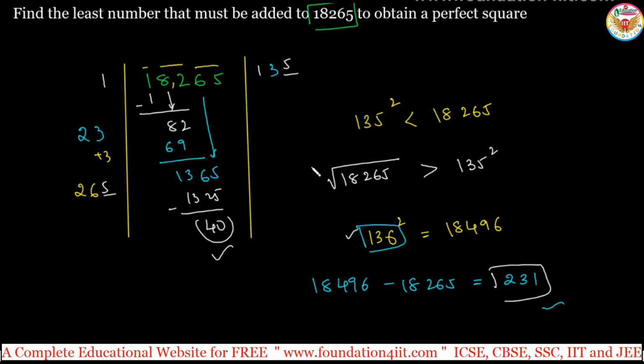Next we'll see the properties of square numbers. Before finding the square or square root, we can look at some properties. Let me explain the 9 important properties. If you have an idea about these, then we can do it easily, because we can guess which number is a perfect square or not. The first property is the ending digit of a square number. The ending digit in any square number must be one of these.